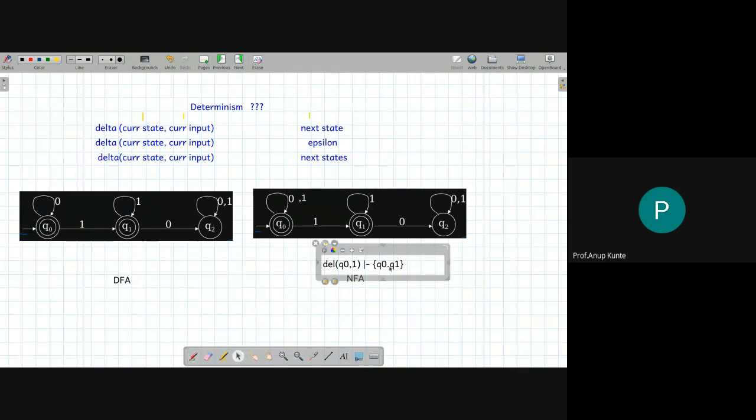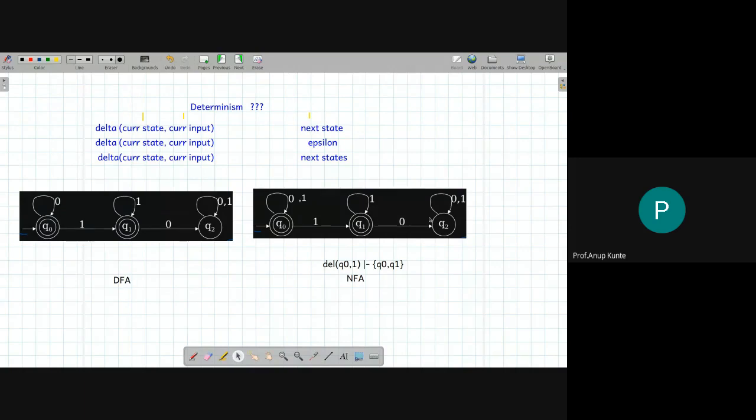Accidentally put a dot over there. Sorry for that. It should be a comma. Either I will be in q0 or I will be in q1. That is a choice that as a device I have. Okay. So this behavior that we are seeing in this diagram is referred to as